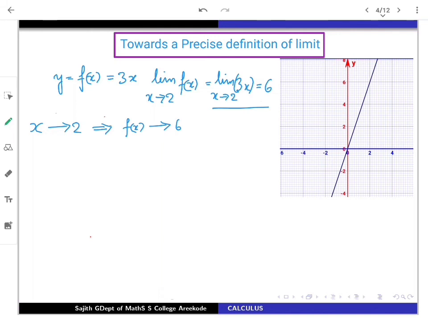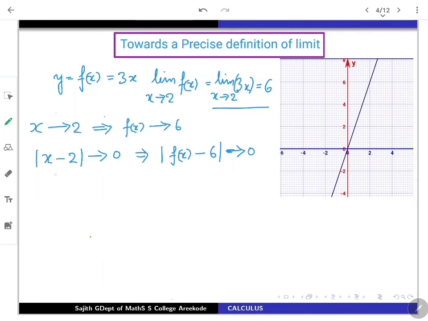which means if we are using the absolute value function in terms of the distances, precisely it says if I am looking at mod x minus 2, there is a distance between x and 2. If I am allowing this value to go to 0, it says that this distance is negligibly small. In that situation, what I am going to get is the implication that the distance between the functional values and the number 6 is going to be tending to 0. That is what I wanted to say. This actually goes to 0.